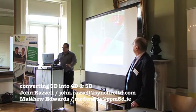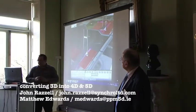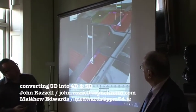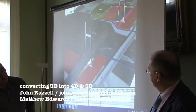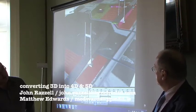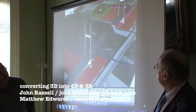You can see the focus time at the bottom, which is going along, and that's actually touching each activity, on this cantilever bridge. So this is our focus time here. This blue line down here is our progress line. You can just see it spinning along. And that's our activity, which is touching on